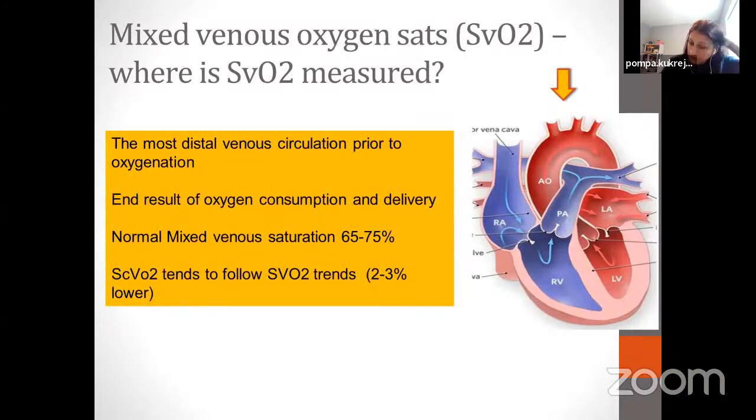Next is mixed venous oxygen saturation, which is commonly used. I think it's important to understand where we measure it, because by definition you are trying to measure the end result of oxygen consumption and delivery. So it should be in the most distal venous circulation prior to oxygenation. I have left the normal values there. Normally you have 65 to 75. Mixed venous would be measured in your pulmonary artery, and you need a pulmonary artery catheter. But we use superior vena cava saturations as a surrogate marker, and it usually tends to follow the mixed venous